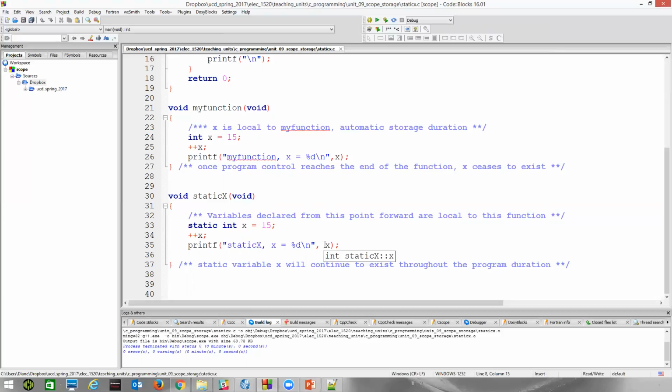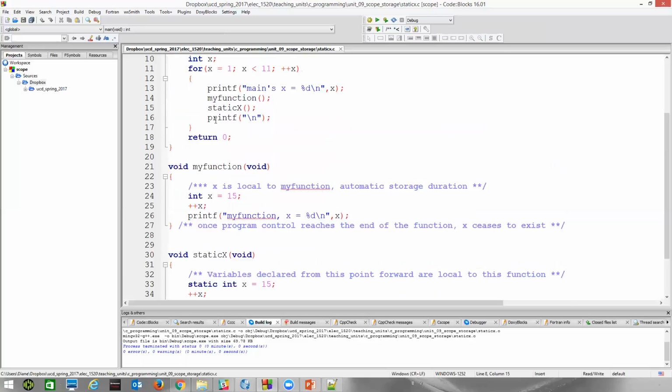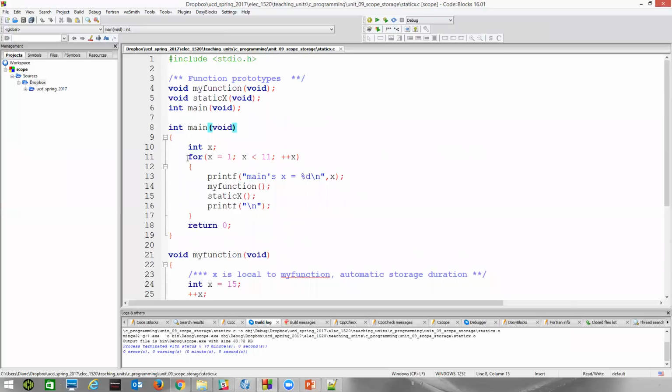So the first time in each of these functions, we have the same value of X. But when we return, the specifier says that X should retain its value. When we come back, X has a value of 16, and the next time we add 1 to it, it becomes 17. This static variable X will continue to exist throughout the program duration. We only access it from within this block. When we're back in main, main will have its own X.